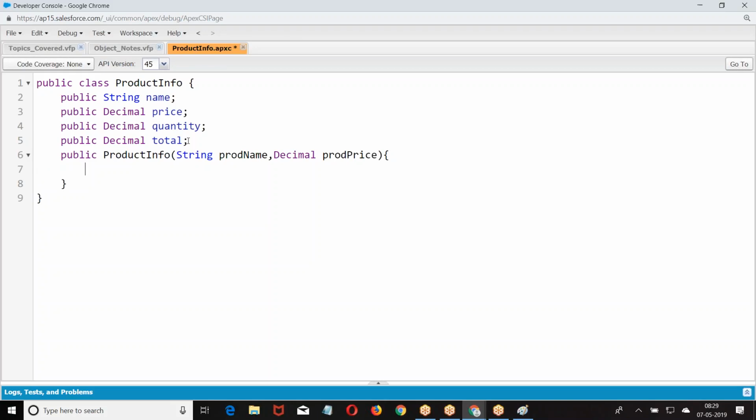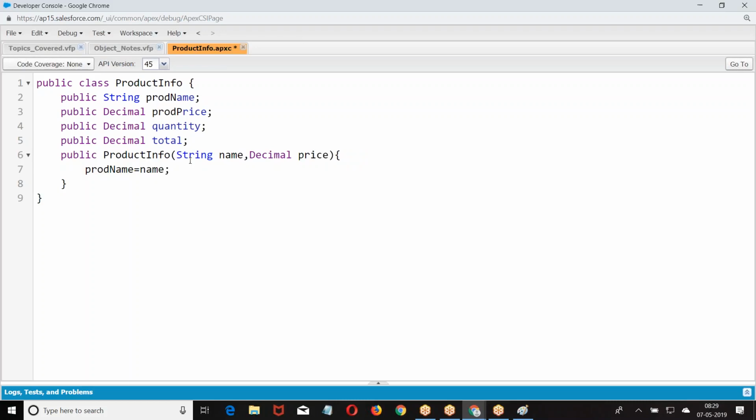Now, constructor with parameters. Whatever the name you are giving, I take it here. Whatever the name you are passing, that name I want to assign to product name equal to name.